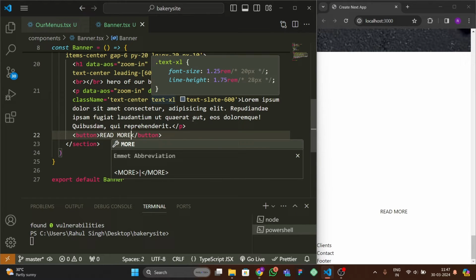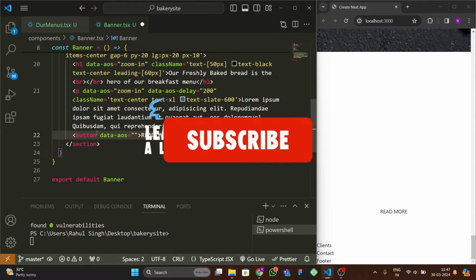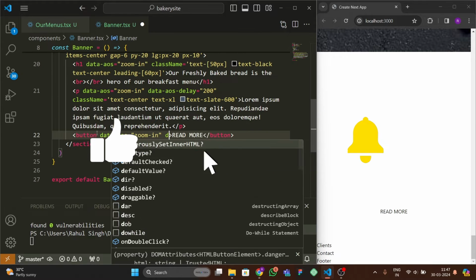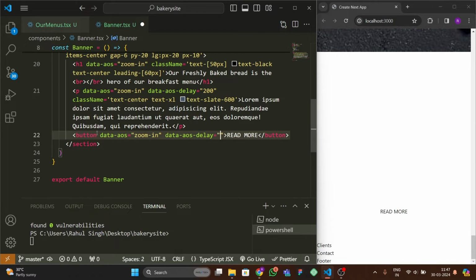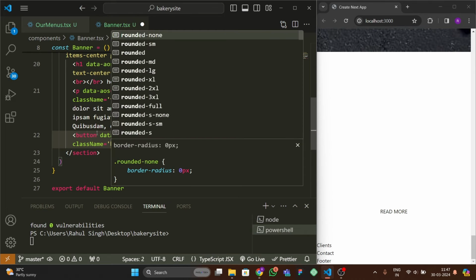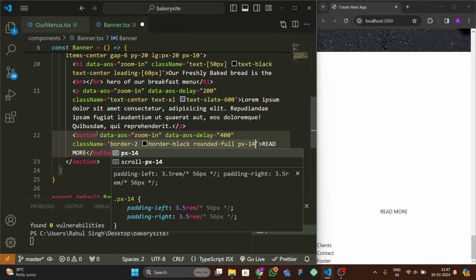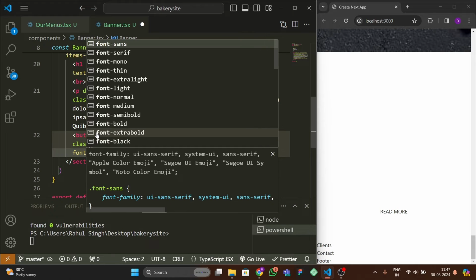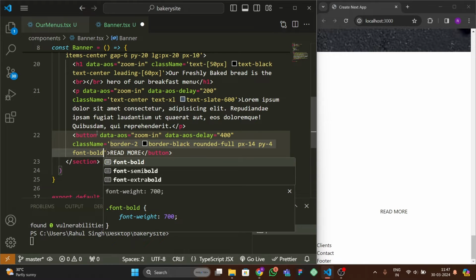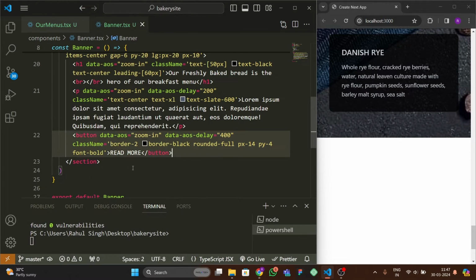read more, and let's give this button animation data-aos. Here we're gonna give the zoom-in, data-aos-delay. We're gonna give the 400, and class name border-2, border-black, and rounded would be full. So this is the border radius, and for the padding in the x-axis is 14, padding in the y-axis would be 4, font bold. Okay, let's save this. So you can see that we have this working, and after that